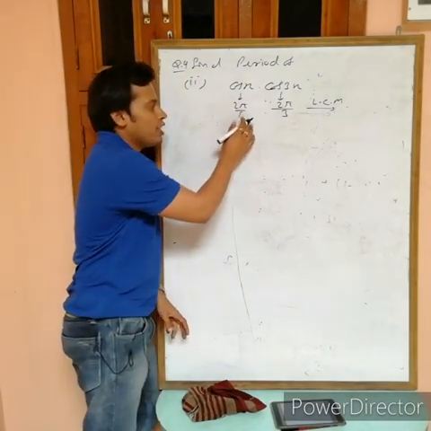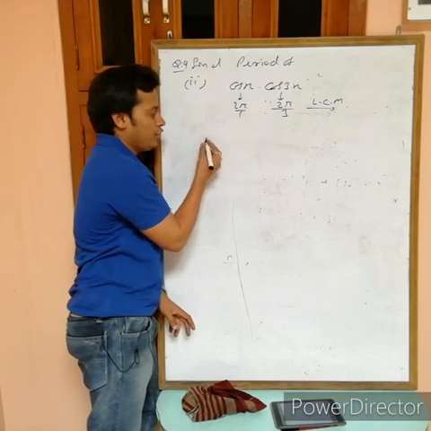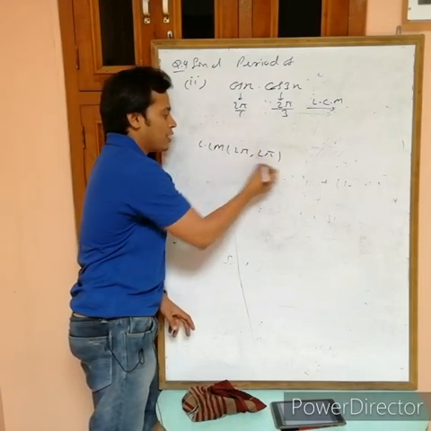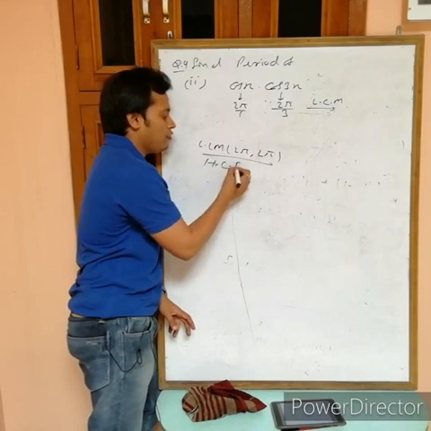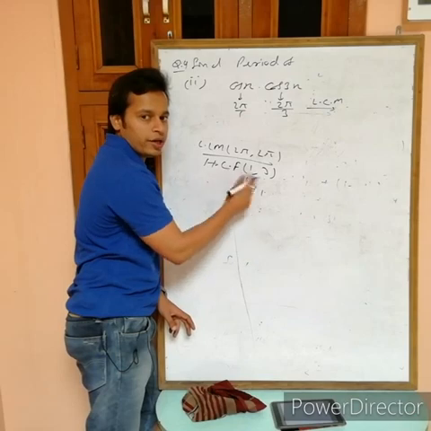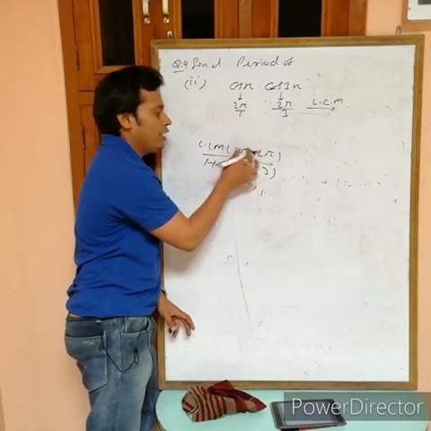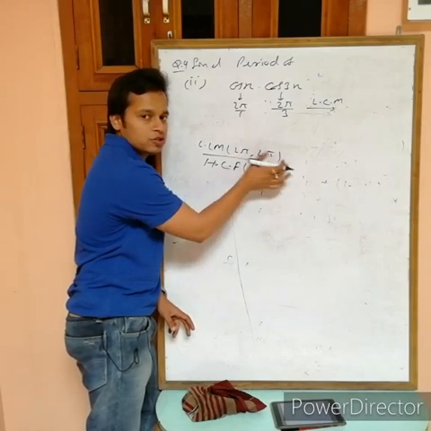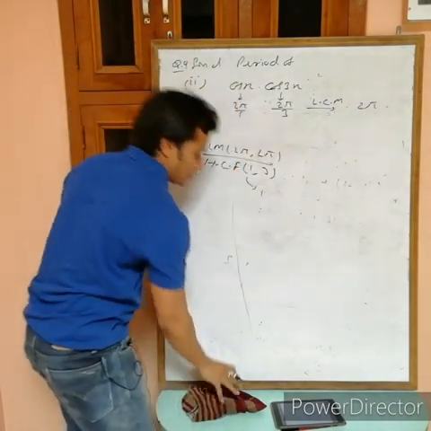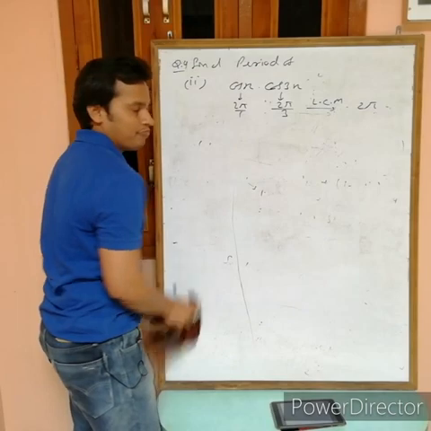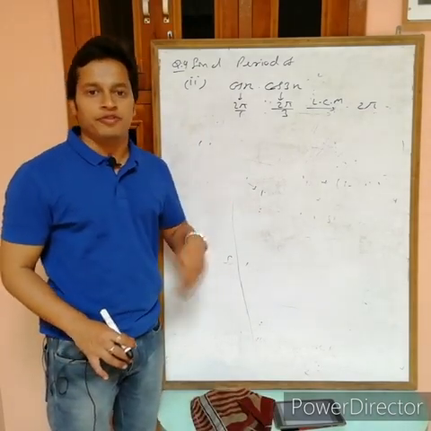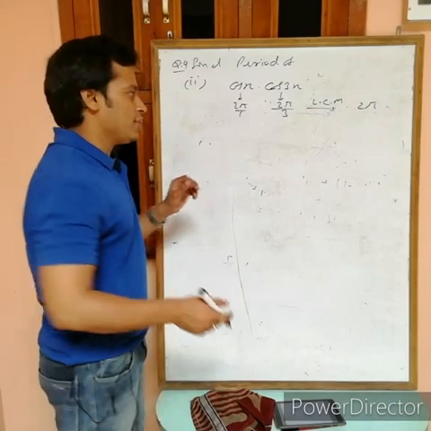So the LCM of a by p, b by q: in the numerator, LCM of 2 pi, 2 pi; in the denominator, HCF of 1 comma 3. HCF of 1 comma 3 is 1, the highest common factor. There is no common factor. And the LCM of these two is equal to 2 pi. So 2 pi by 1 is 2 pi. Actually both can divide 2 pi, so 2 pi is the LCM. Any problem? Now it is not necessary that 2 pi is the fundamental period. We have to check for half.